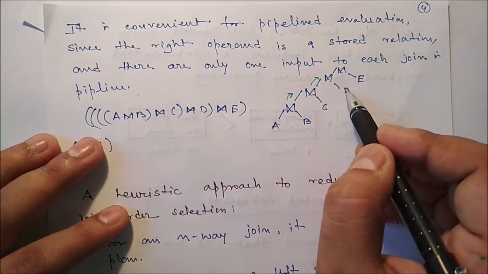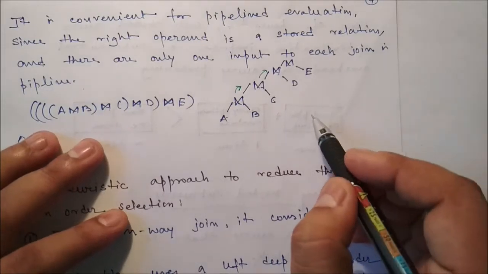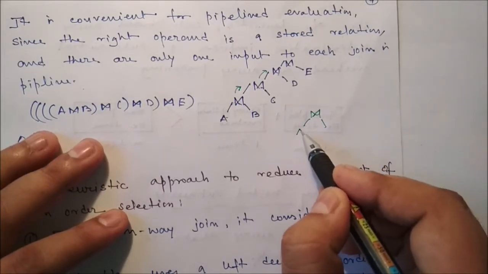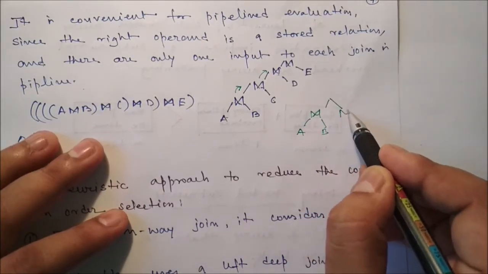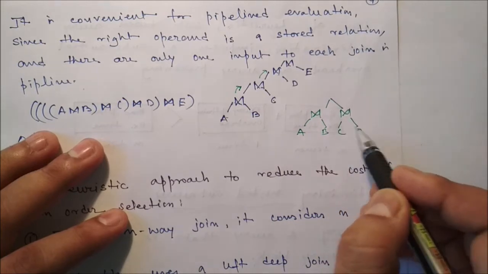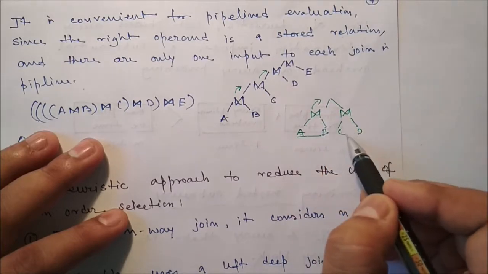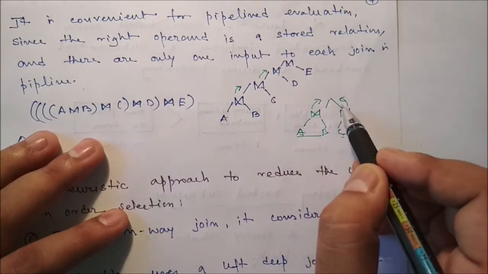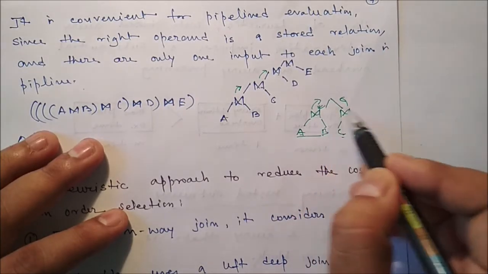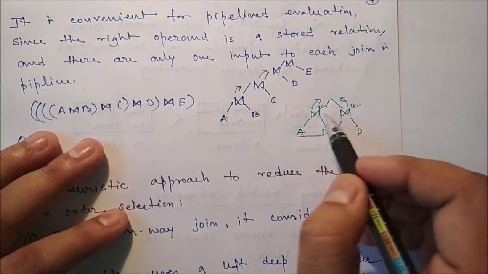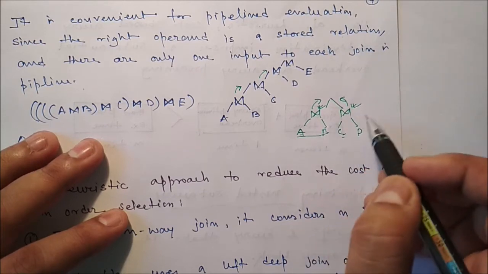The other table is in the hard disk. So that means, if it is done this way, A and B with C and D, in this case we have to store A and B in the buffer, and C and D should also be stored in the buffer. So the intermediate results of both, in both cases, we have to store in the buffer. So we need a larger buffer size.